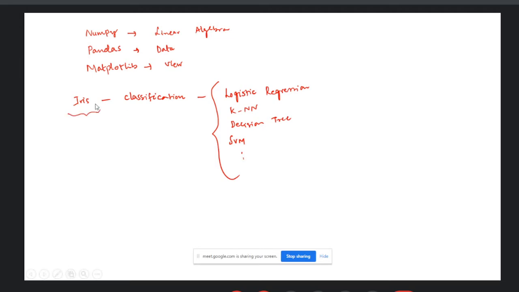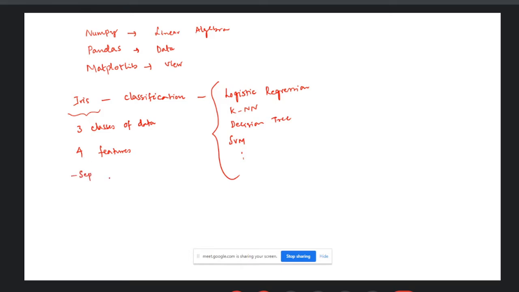This is the standard data set which is used by any machine learning or data science practitioner at the beginner level, which basically has 3 classes of data. This is basically the iris data set. We call it the data of 3 different types of flowers. And you will have 4 features that have been extracted from the flowers.